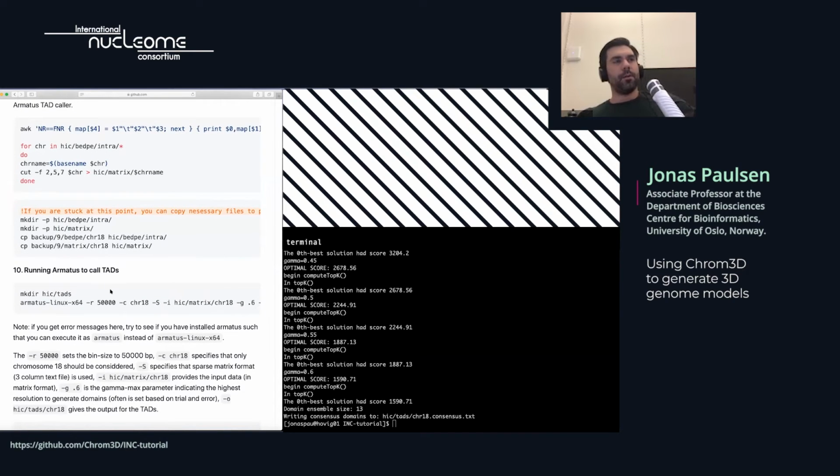We have used Armatus in our system because it seems to work quite well. The only thing with Armatus is you have one parameter here, which is this gamma max parameter, which you have to kind of play around with a little bit. It basically sets the, so as you know, the TADs are nested, and there is no clear definition on which